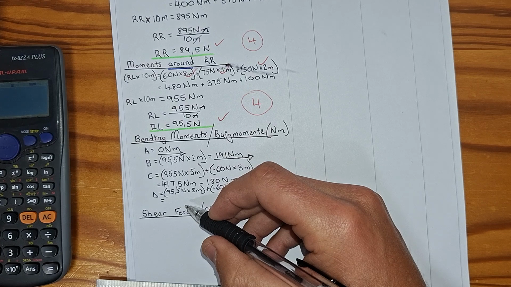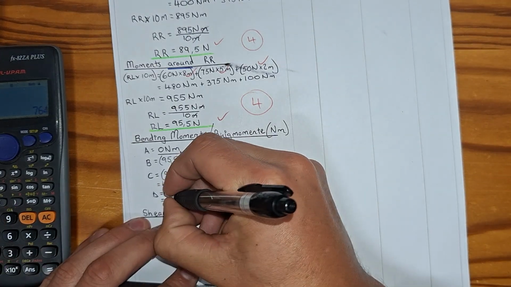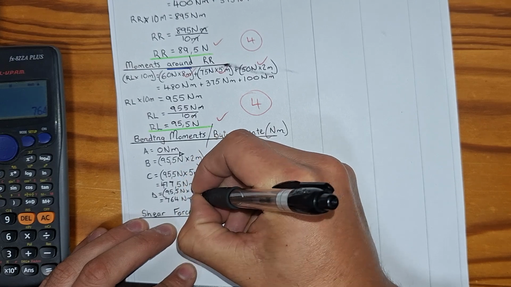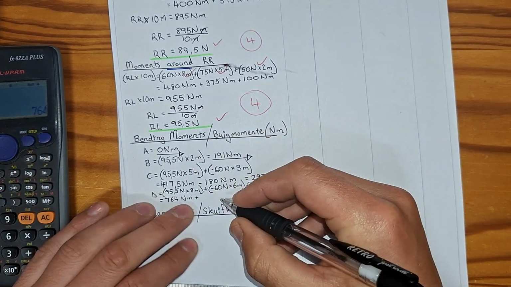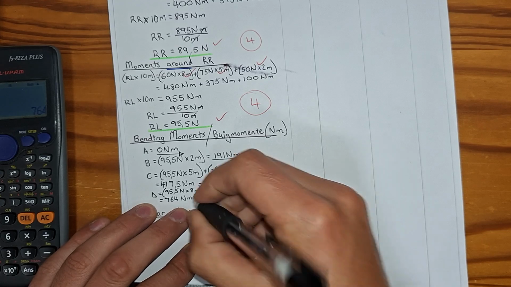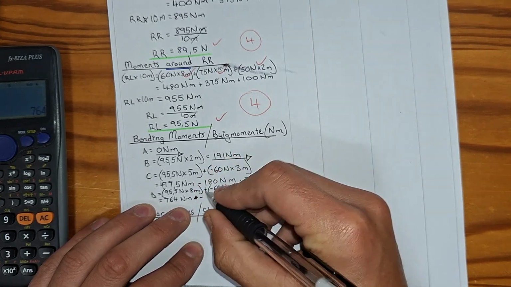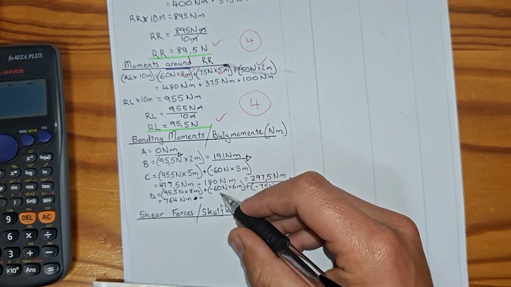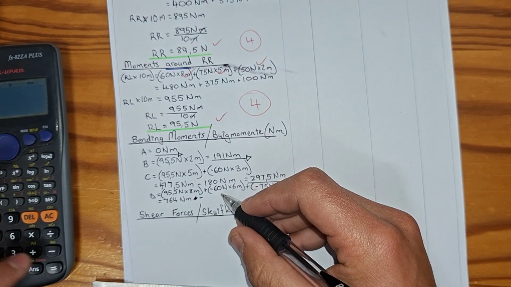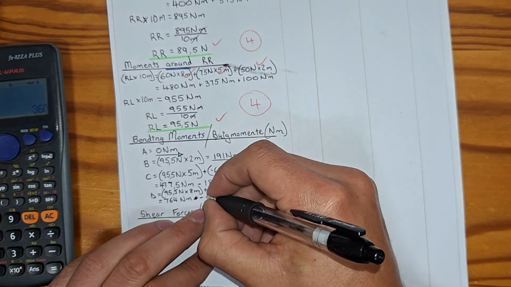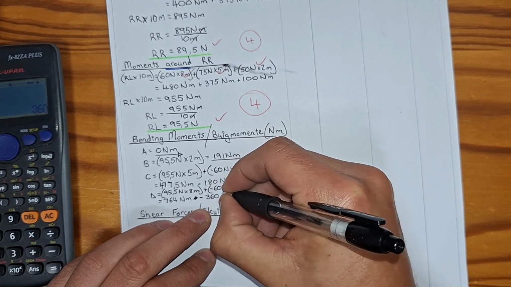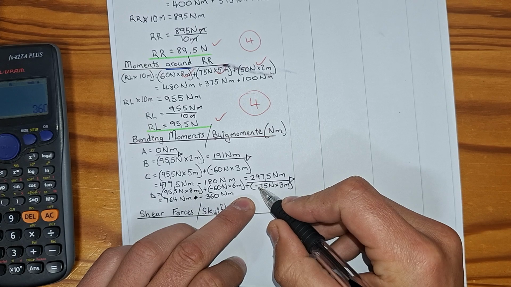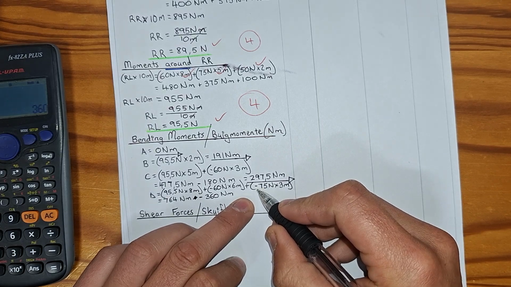Okay, so over here, 95.5 times 8 equals 764 newton meters. Plus the second, sorry, that will be a negative because positive times a negative is negative. So minus 60 times 6 equals minus 360 newton meters. And again, it's positive times a negative. So it will be